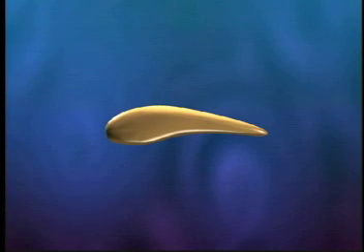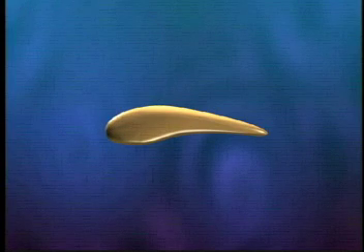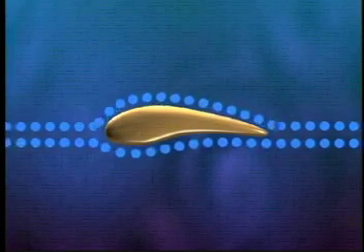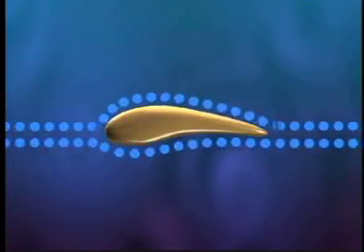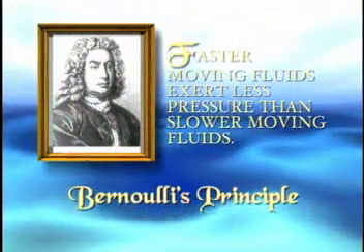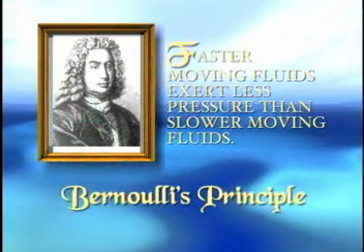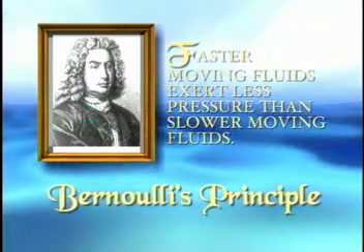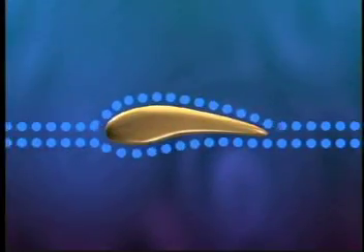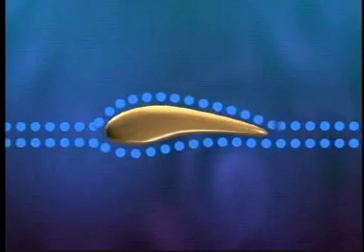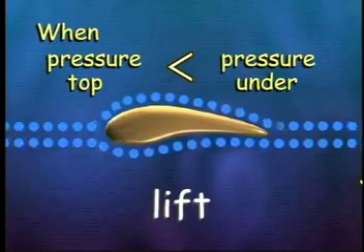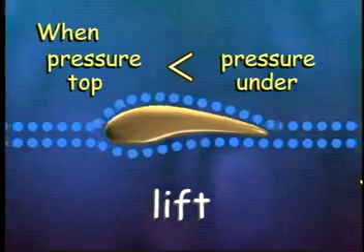The shape of the paper in its original position is kind of like an airplane's wing. It is curved on the top. Because of this shape, air molecules move faster across the wing's top than across its bottom. Swiss mathematician Daniel Bernoulli discovered that faster-moving fluids, such as air, exert less pressure than slower-moving fluids. Because of its shape, the air over the top of the wing moves more quickly and exerts less pressure. When the pressure on top of the wing is less than the pressure under the wing, lift is produced, and